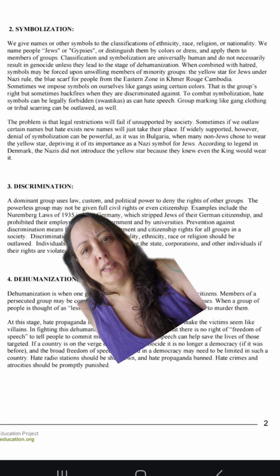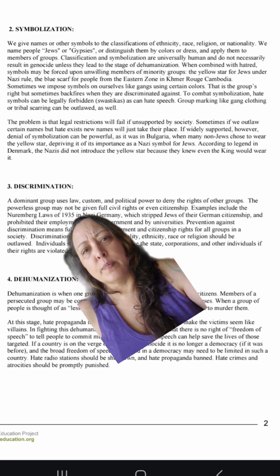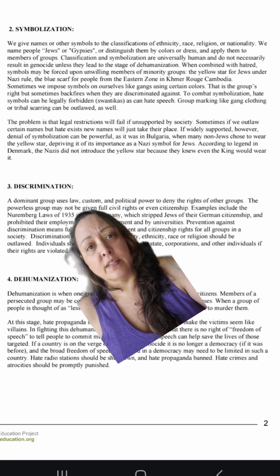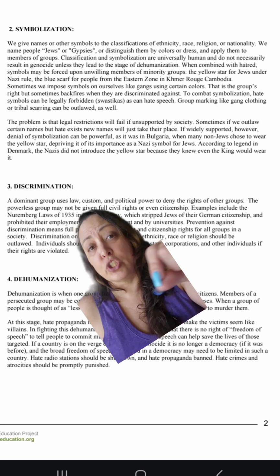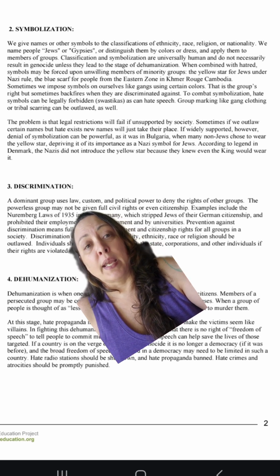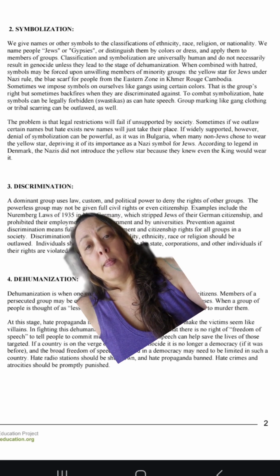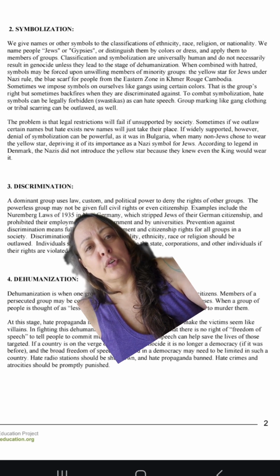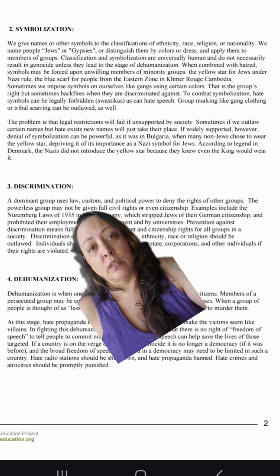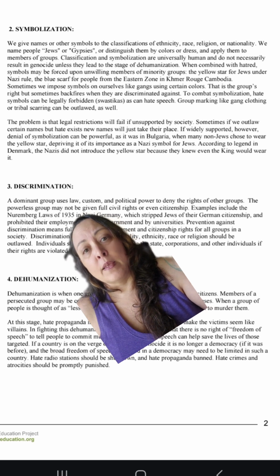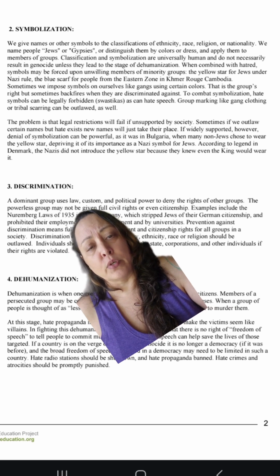Step 2 is symbolization. We give names or other symbols to the classifications of ethnicity, race, religion, or nationality. We name people Jews or Gypsies, or distinguish them by colors or dress, and apply them to members of groups. Classification and symbolization are universally human and do not necessarily result in genocide unless they lead to the stage of dehumanization. When combined with hatred, symbols may be forced upon unwilling members of minority groups, the yellow star for Jews